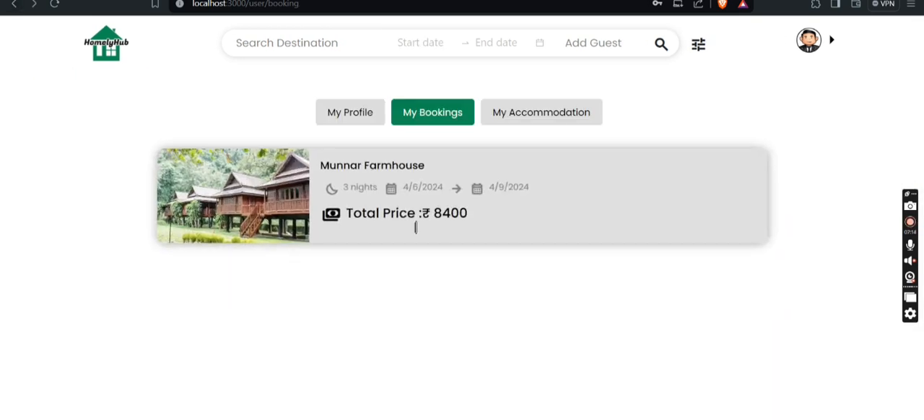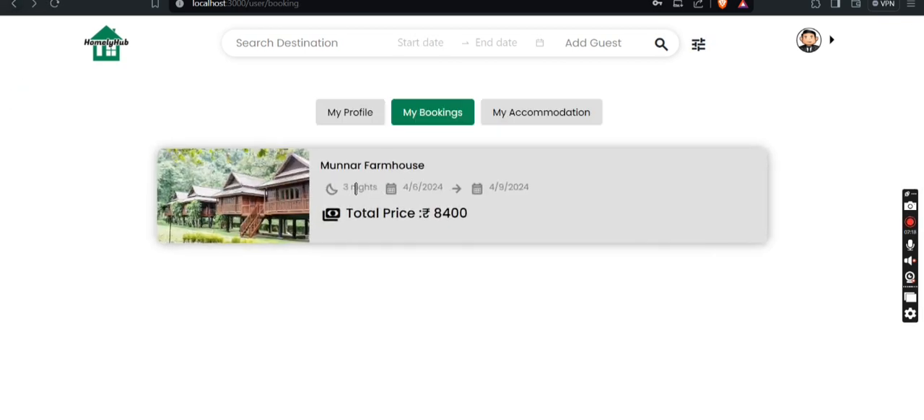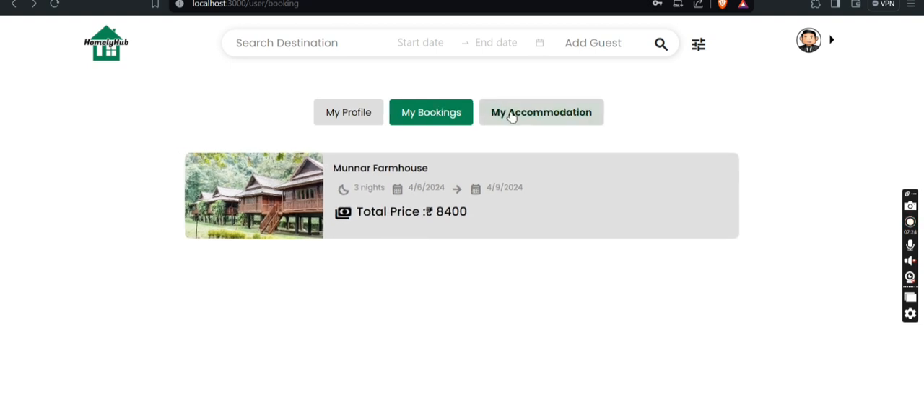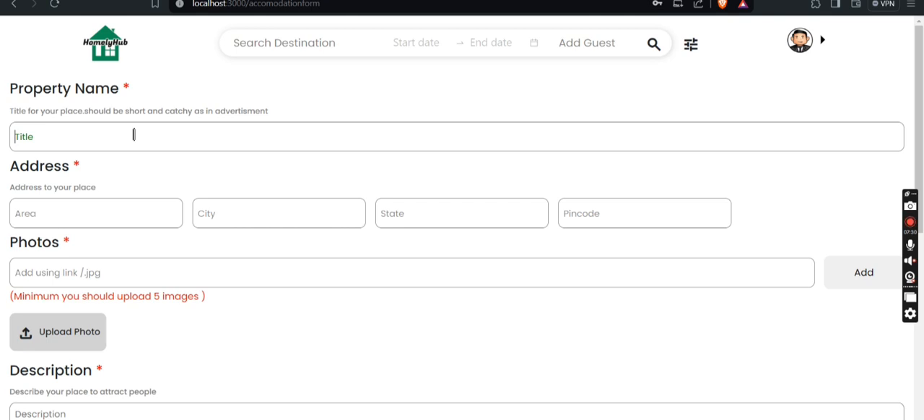Now you can see in my bookings all the details, and the villa is booked with total price and 3 nights, dates, the name of the villa and the image. All is shown properly. Now let's say I want to add a place. I will go to add new place. Here, property name. So I will say Grand Villa,